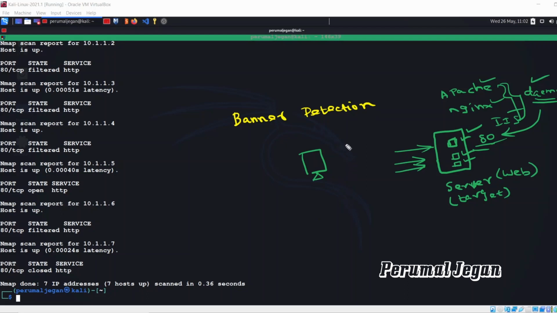Basically, what happens when you send a probe from Nmap? It's port 80, right? It's a TCP port, so the basic is the three-way handshake. My Nmap-installed device simply sends a SYN packet to my destination, and the target sends an acknowledgement and its own SYN.